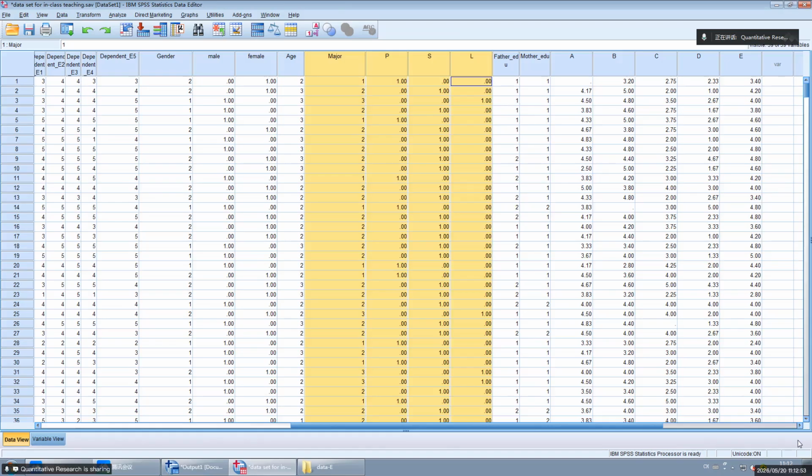So the next time, maybe I may use half of the class for regression, and then we move on to Amos. So you need to install Amos before next time.